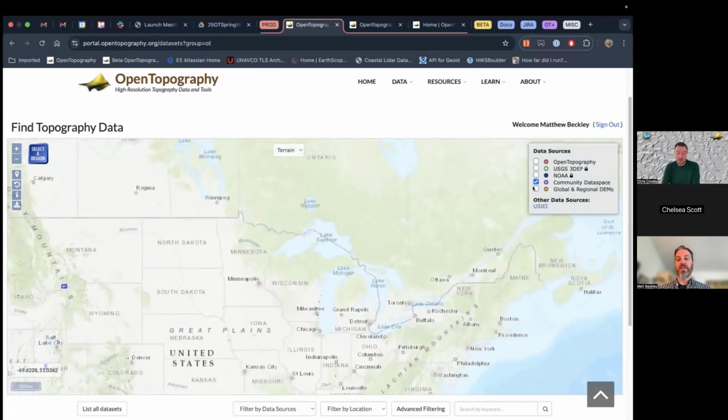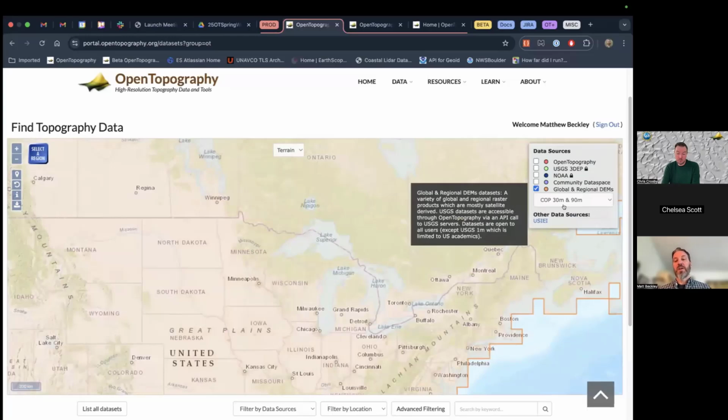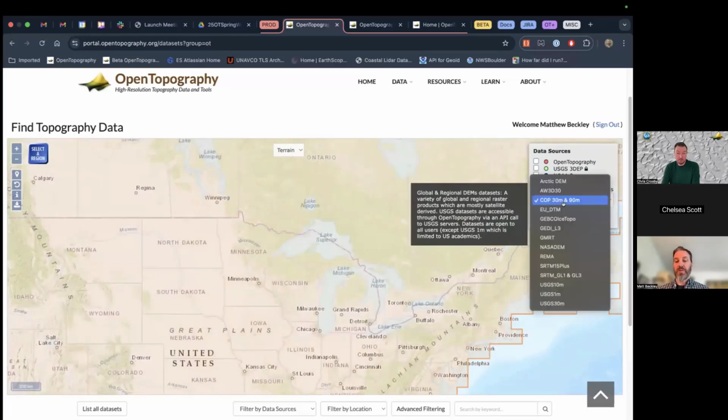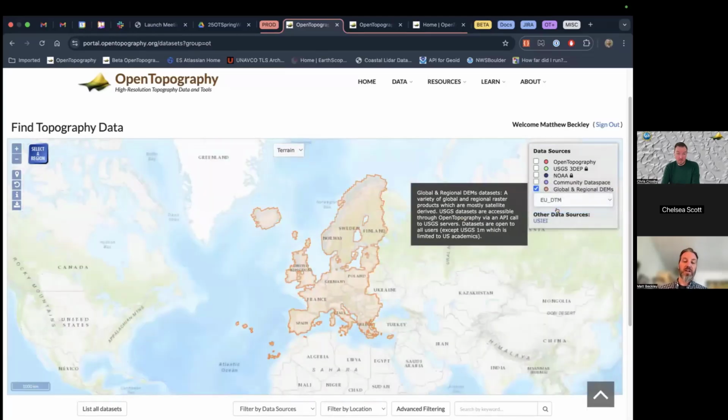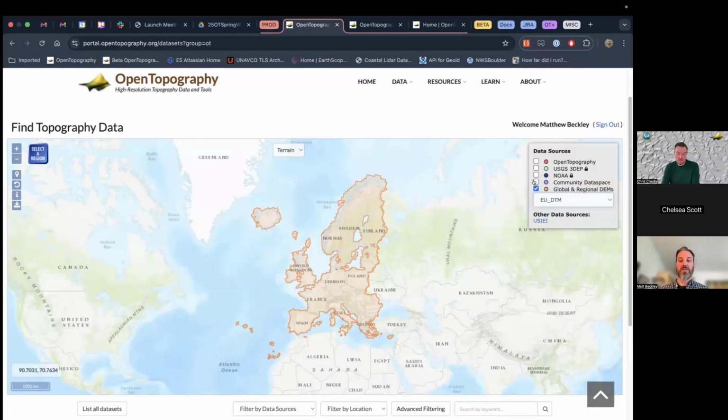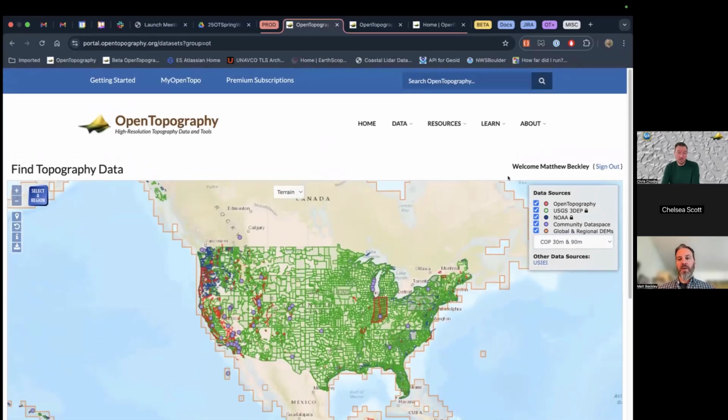And then finally, the global and regional data sets. Since we have a bunch of them, there's a little drop down, and you can just select the data set you're interested in, and it'll show you the spatial bounds of that data set. And speaking of spatial bounds, if you ever wanted to pull these boundaries into your own GIS, there's this button here on the left at the bottom, and it's download this data set. So this way you can pull in these boundaries into your own GIS if that's useful to you. So I'm just going to reset the map.